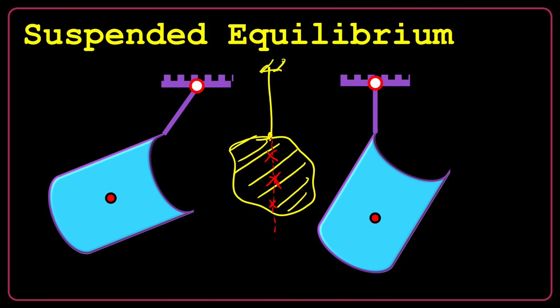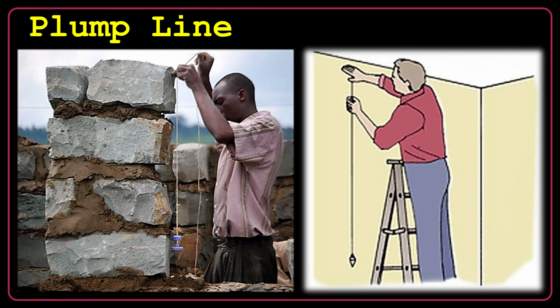But how to find the exact point at which we can consider all the mass is concentrated there? We have a practical method I can show you. First of all, let's learn about the plumb line. This is a very traditional way to make sure that the wall the construction workers are making is 100% perpendicular to the surface of the Earth. This is just a single